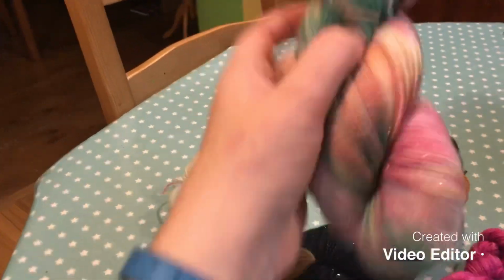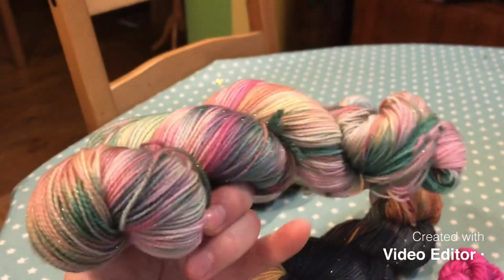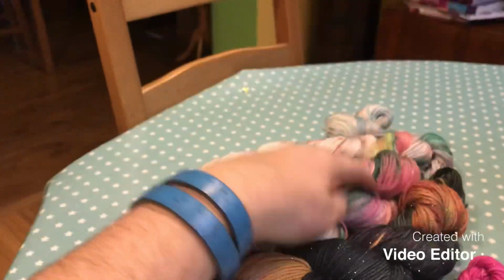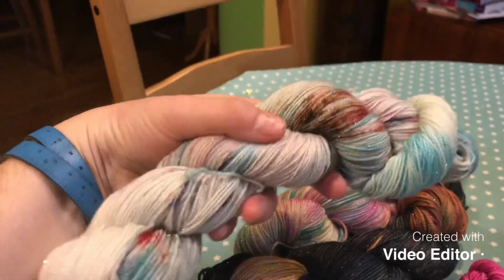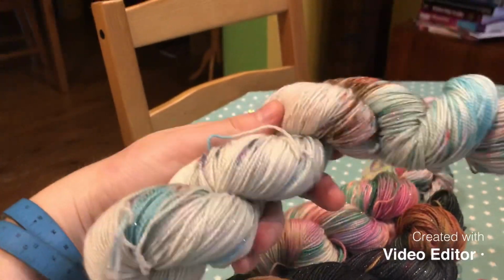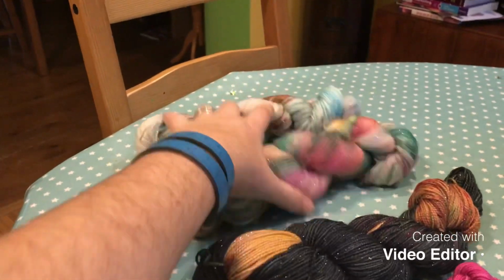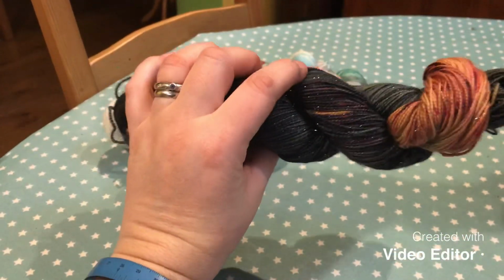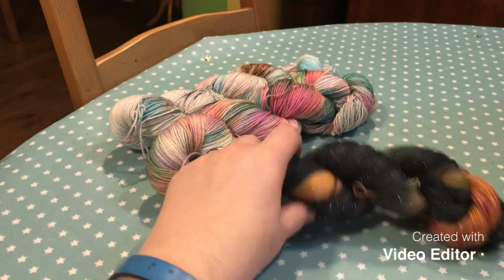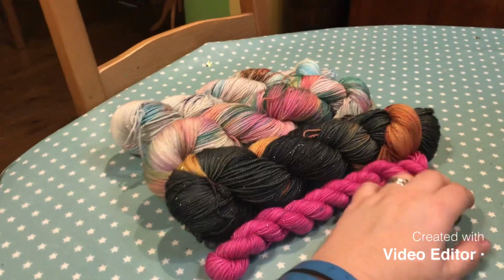These are pre-orders. So this is the Home for Christmas yarn, which goes with the Home for Christmas sock kit that's in the shop. This is the Santa Snow Day yarn for the kit that was in the shop but is now sold out. And then this is the Halloween Feast sock set, which sell at full price,